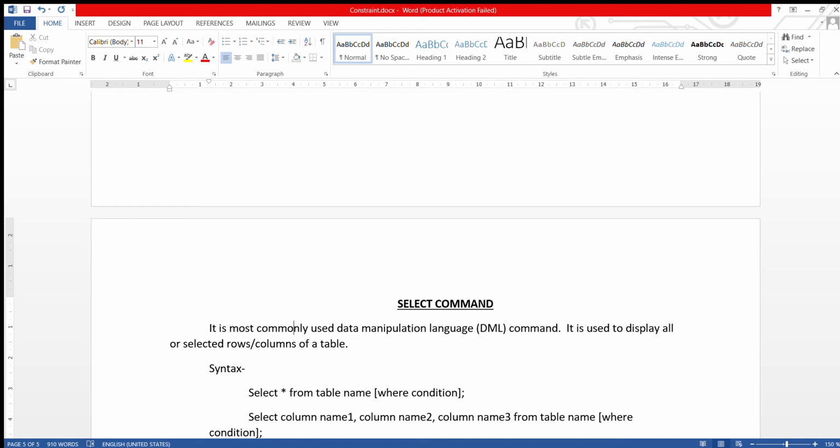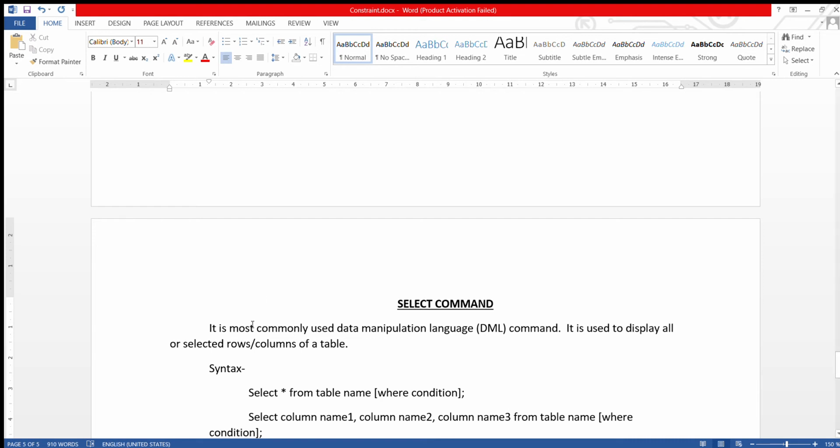This command can be used with a single table, or with more than one table. Today we are going to use it with a single table only. You will learn how to use it with multiple tables afterwards.